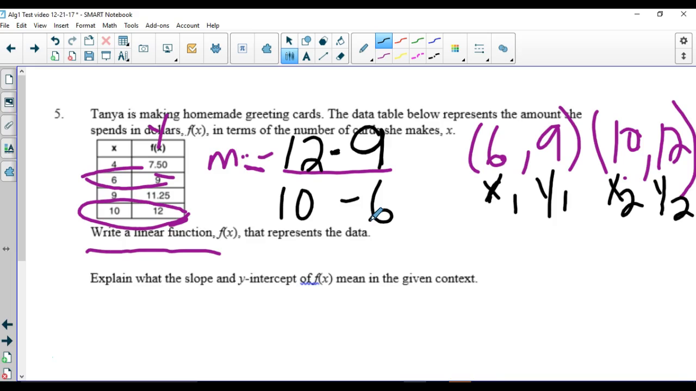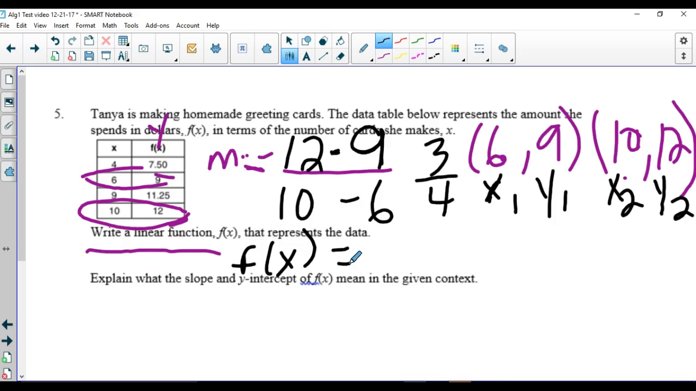12 minus 9 is 3. 10 minus 6 is 4. So I know my slope is 3 over 4. Whether I use any other points, I'm still going to get 3 over 4. So based on that, if I'm writing a linear function, I know it's going to be f of x equals